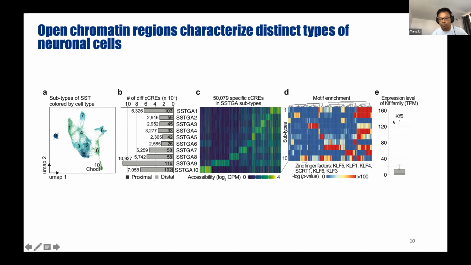And with the help of RNA-seq data, you can identify one of the TFs, for example, here is KLF5, highly expressed, and also its motif is enriched in the cell type specific elements. So we are suggesting KLF5 could be one of the important drivers for the cell type. So this is one of the ways you can use those candidate cis-regulatory elements.